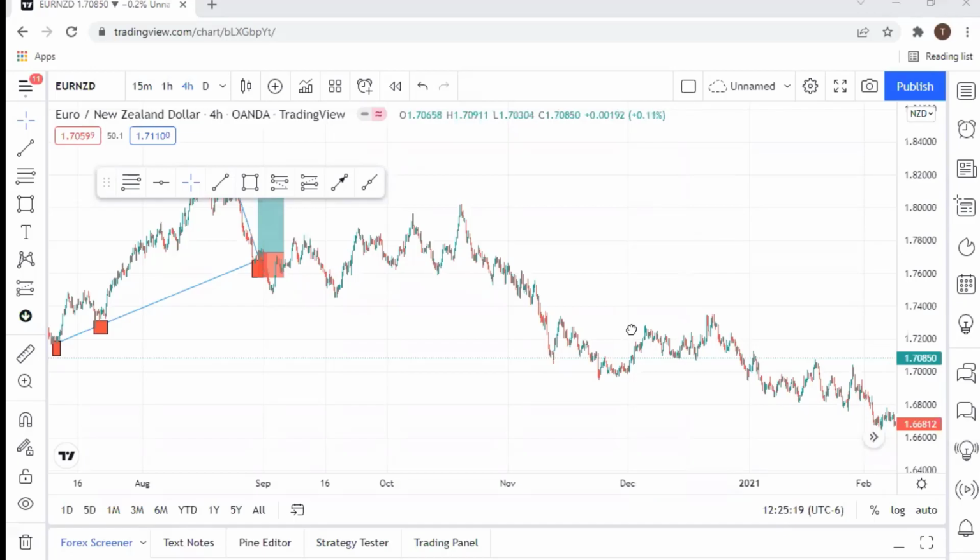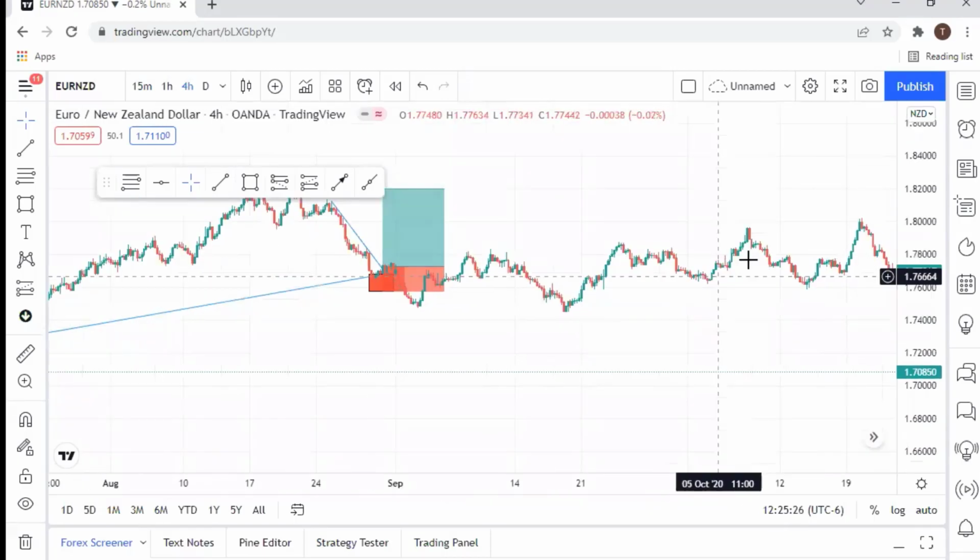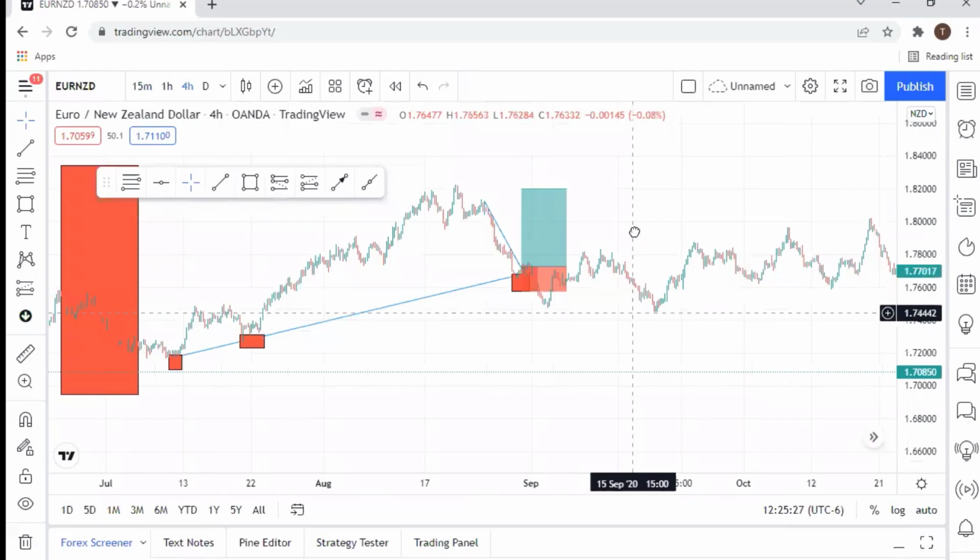So I would have taken a loss on this particular trade, which happens, and as a patient trader you will determine whether you're going to revenge trade or not. So from here,